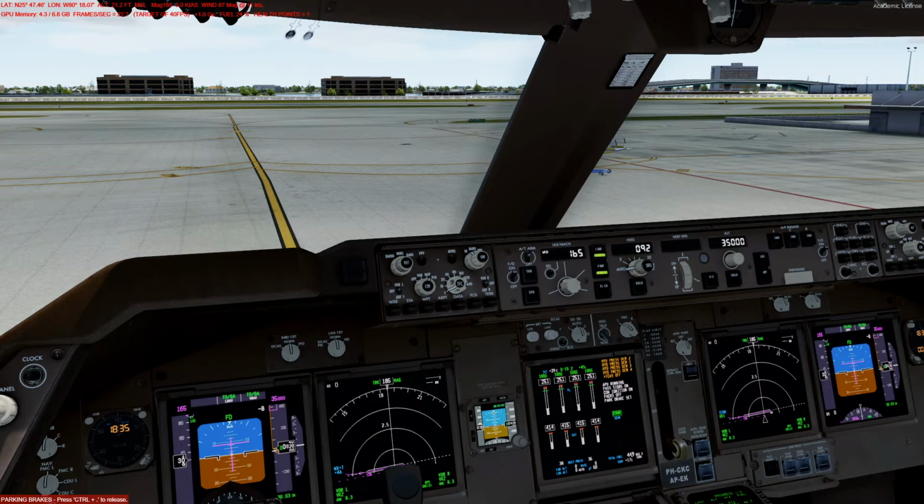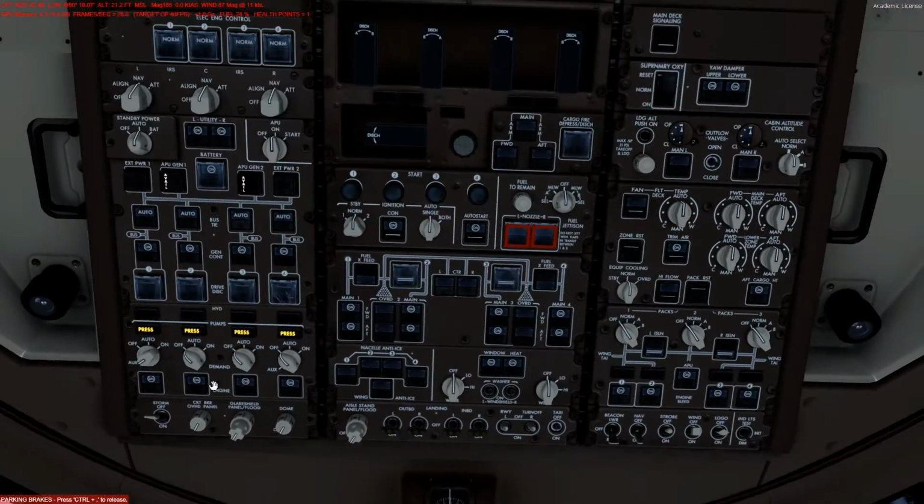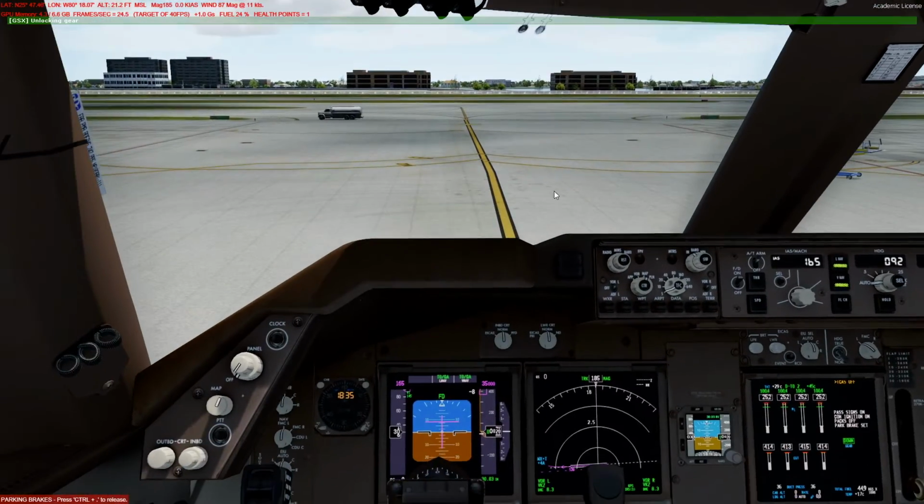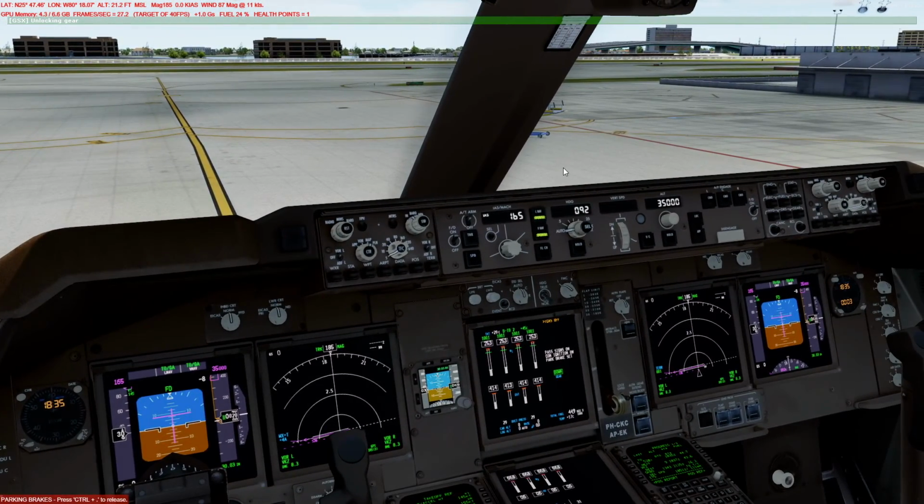Alright, and we can go ahead with the before taxi checklist. So anti-ice is off, certainly don't need that recall. Let me put those on first. And also APU can come off and PEX back on. Unlocking gear. Okay, now we can go ahead with the checklist. So anti-ice is off, recall